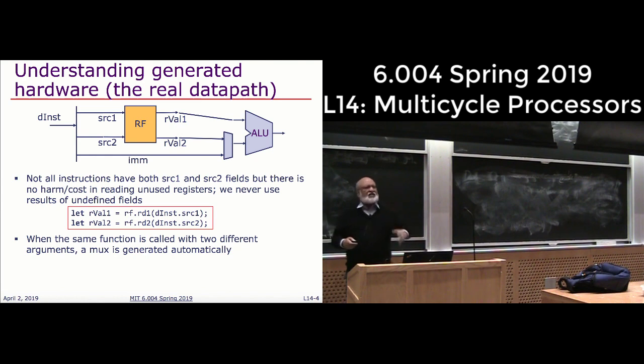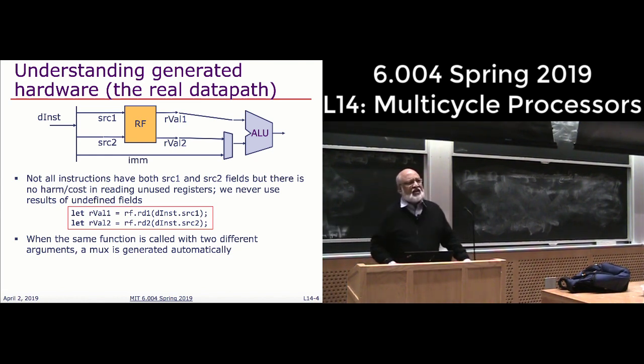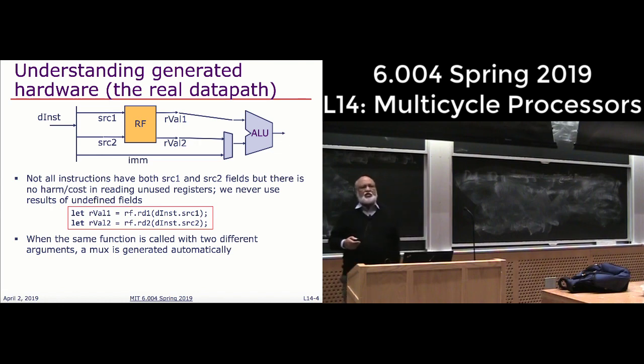So let's just get a feel for what's going on here. You have a register file, given two sources, you get two values out of it. These are combinational reads from the register file. Where do these sources come from? We have a decoded instruction which has many, many fields, and two of the fields in that are source 1